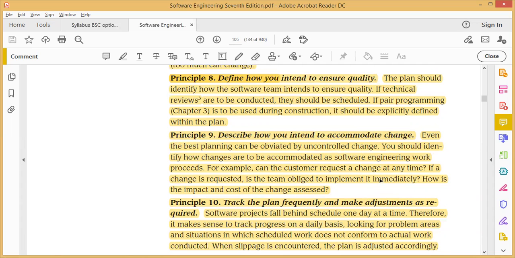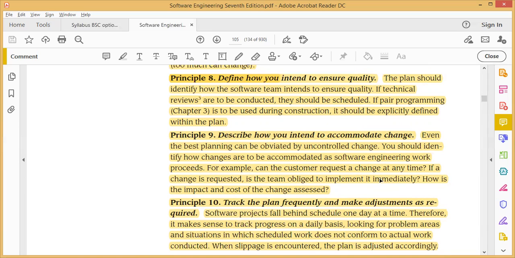Next is principle 9, describe how you intend to accommodate changes. As I told you, as days pass, more requirements come, and we have to adapt to all these things even though we have planned everything, that is, the plan gathering or requirement specification. We have to welcome all the requirements from the customers as days pass, just because we are working with the agile process. That means accommodate each and every point which is required or the most important tasks which we discover after some days pass.